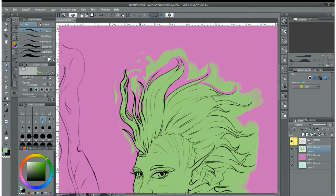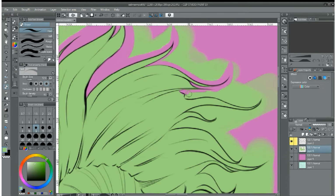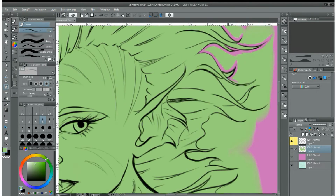I'd also been practicing doing more realistic hair before I'd done this, so I thought, well, I might as well put this to practice. So yeah, that I do change, which you can see, and I'm happy with the result. I think it looks nice, and I actually think I probably should have gone back and done the rest of the hair, but